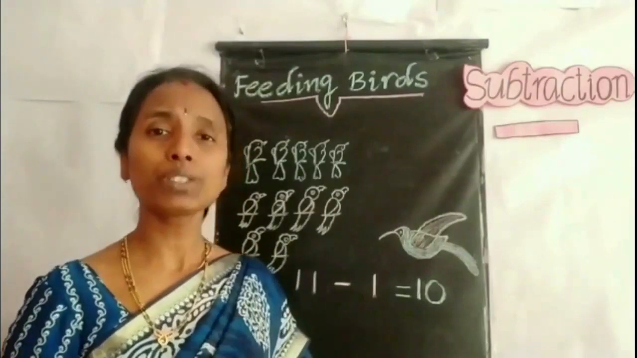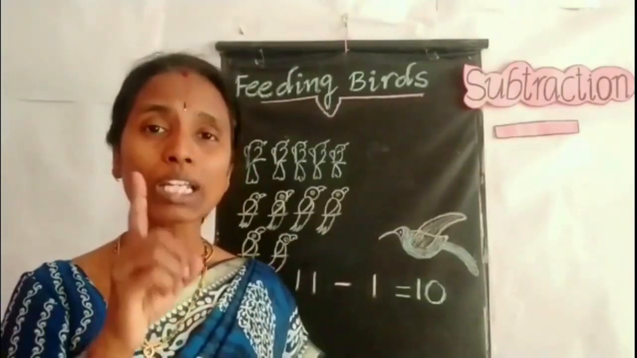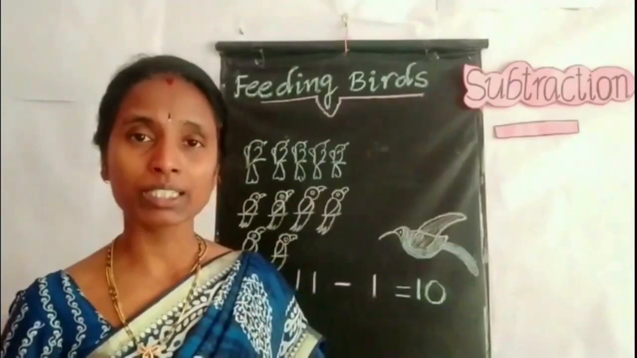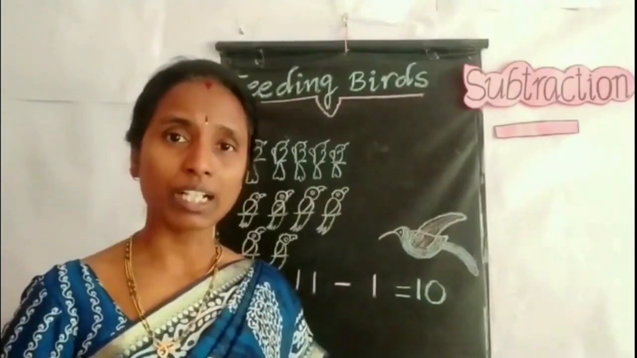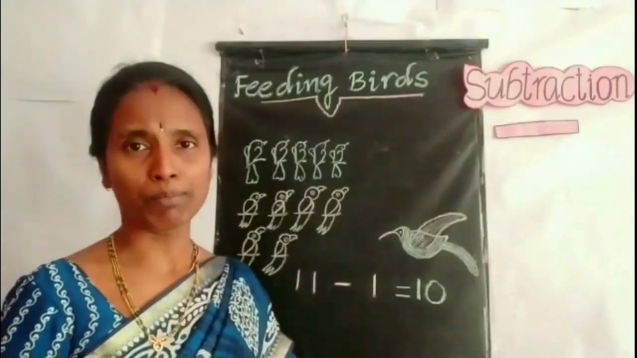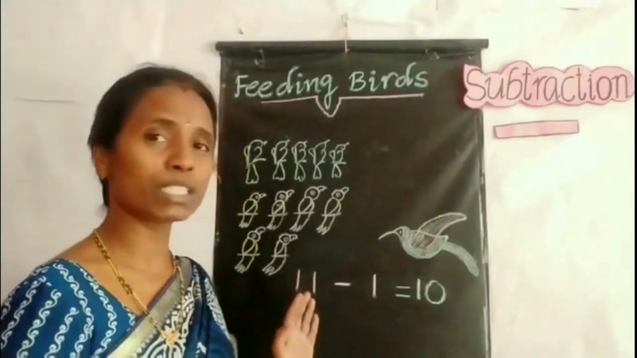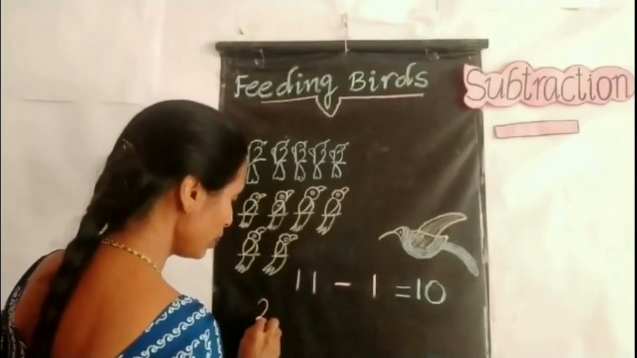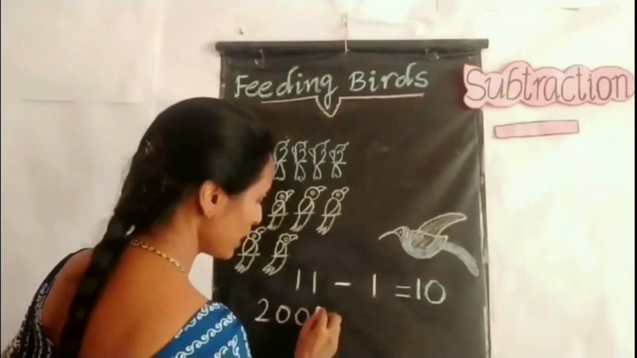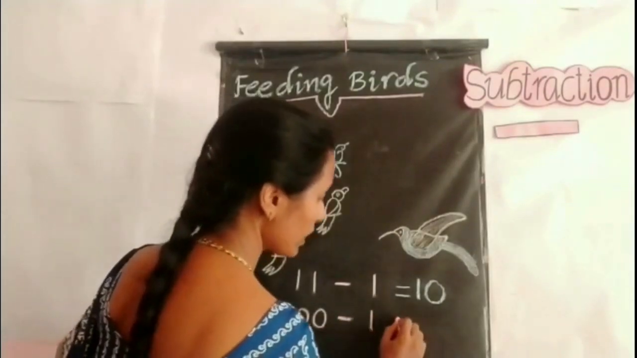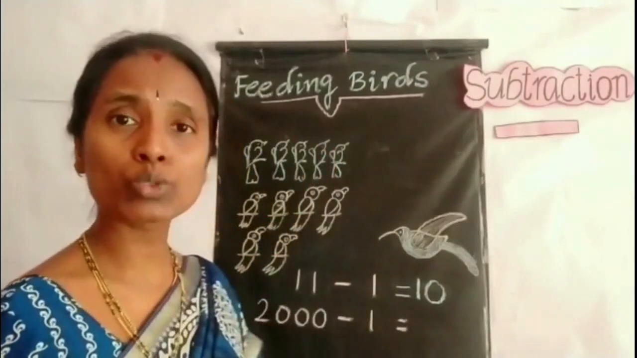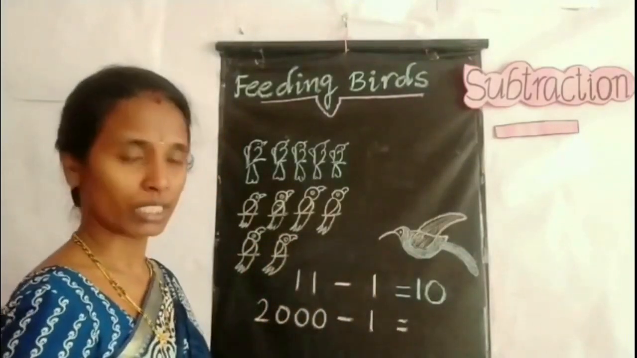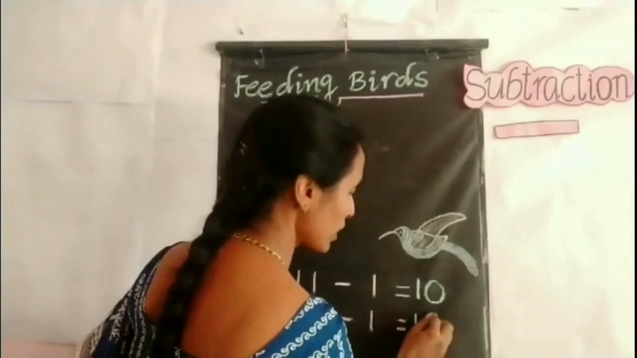So from this, what did you understand? This is property 2 children. If 1 is subtracted from any number, the difference obtained is the predecessor of the given number. Here 10 is the predecessor of 11. Let me show you one more example. 2000. 2000 minus 1. What is the difference? 2000 minus 1. I am subtracting 1 from 2000. So the result is